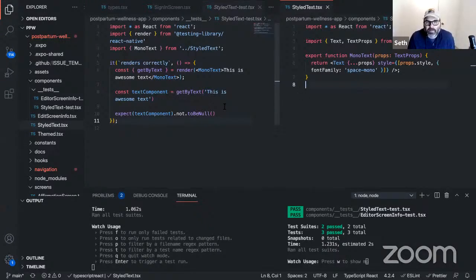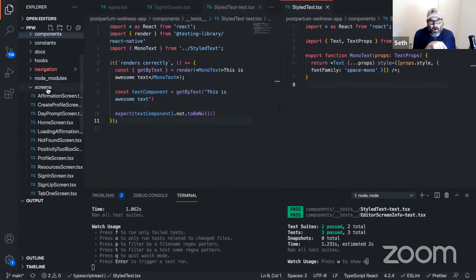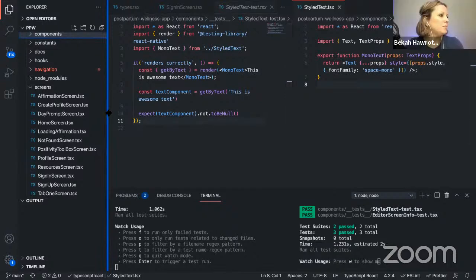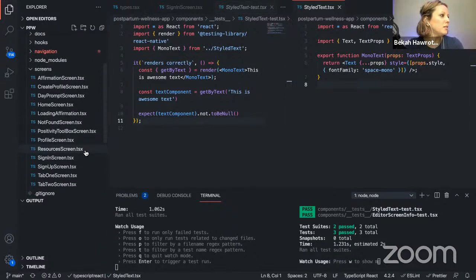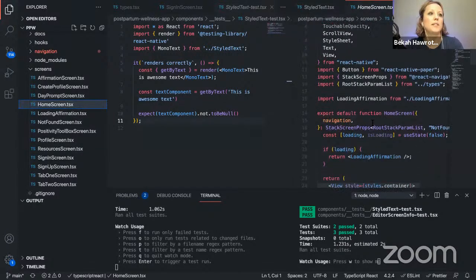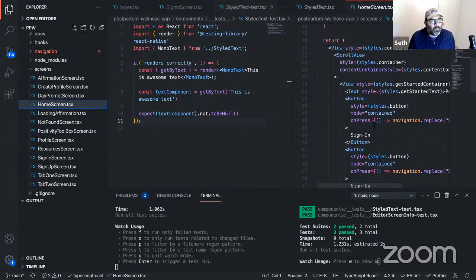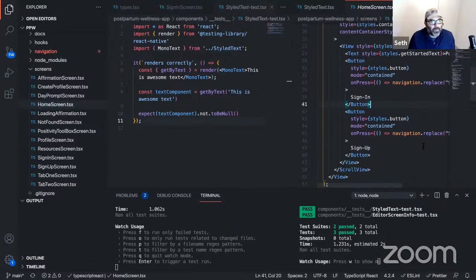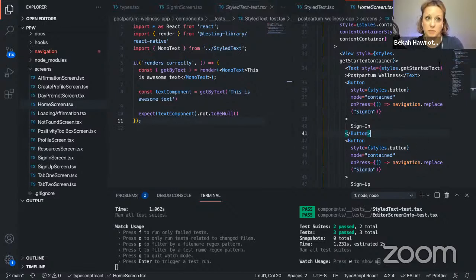Okay. So cool. You want to try to pick a place in the UI to write a test, or do you want to maybe extend one of the ones that already exist? I think it's probably most effective if we try our hand at writing a test for one of the screens. Okay. So I would say probably our home screen would be a good one to write a test for, right? Let's see what we got here. It's just our sign in and our sign up. We should make sure that renders, right?